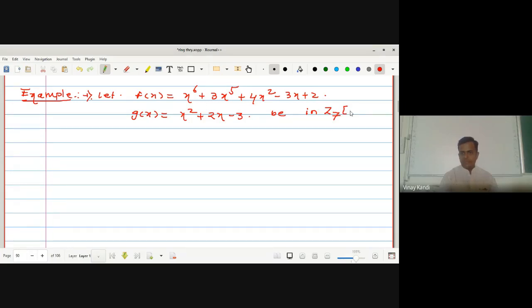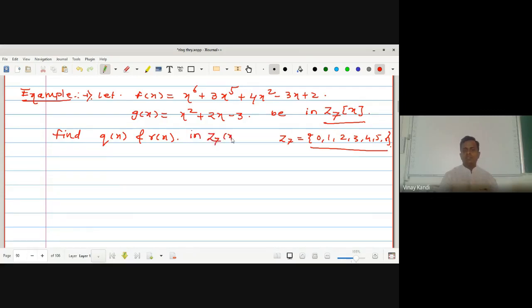Okay, what is the ring here? Z7 of x. That means it has polynomials whose coefficients can be 0, 1, 2, 3, 4, 5 and 6, only these are possible. Okay, the coefficients in Z7 will be 7 in number. Okay, these are the two polynomials belonging to Z7 of x. Find q of x and r of x in Z7 of x such that f of x is equal to g of x into q of x plus r of x with